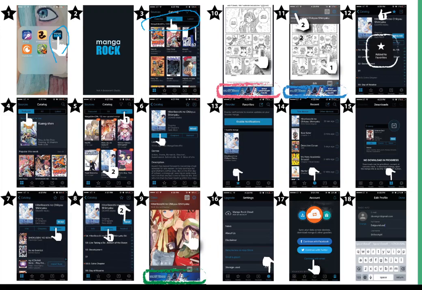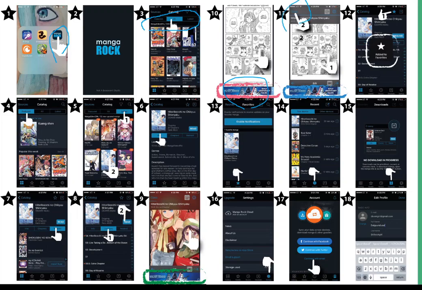Well, from the first page, I saw the annoying advertisements you see when you use free apps. From the manga page, you can scroll up and down, up and down. You close it with the close button here.